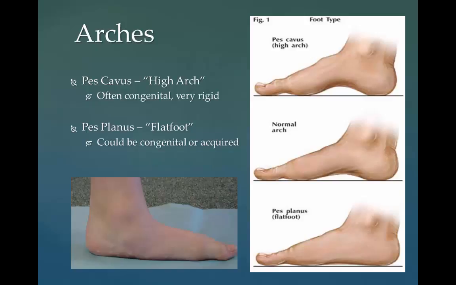Flat feet, also called pes planus or fallen arches, is a postural deformity in which the arches of the foot collapse. The entire sole of the foot comes into complete or near complete contact with the ground. Some individuals, an estimated 20 to 30% of the general population, have an arch that simply never develops in one foot, unilaterally, or both feet, bilaterally.